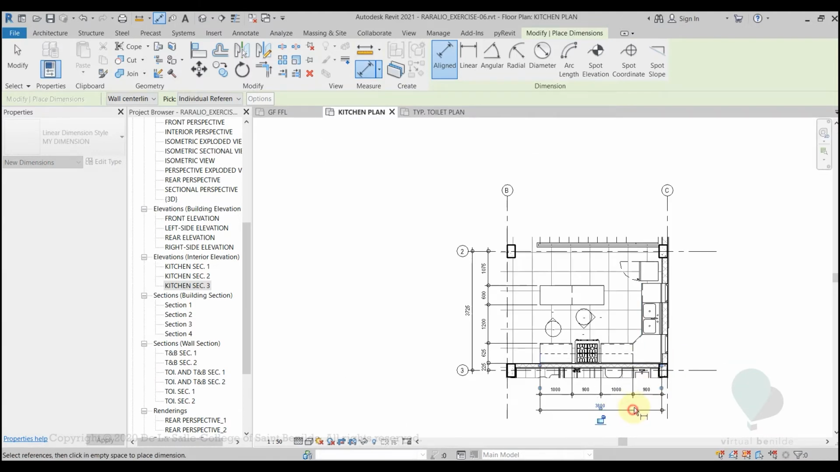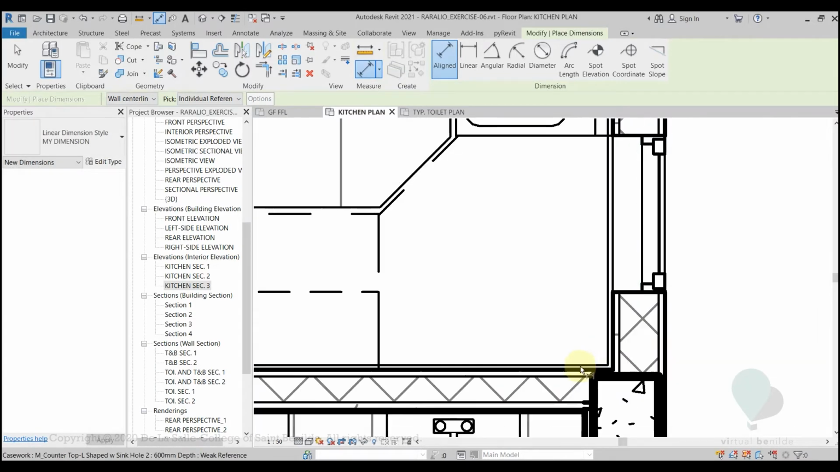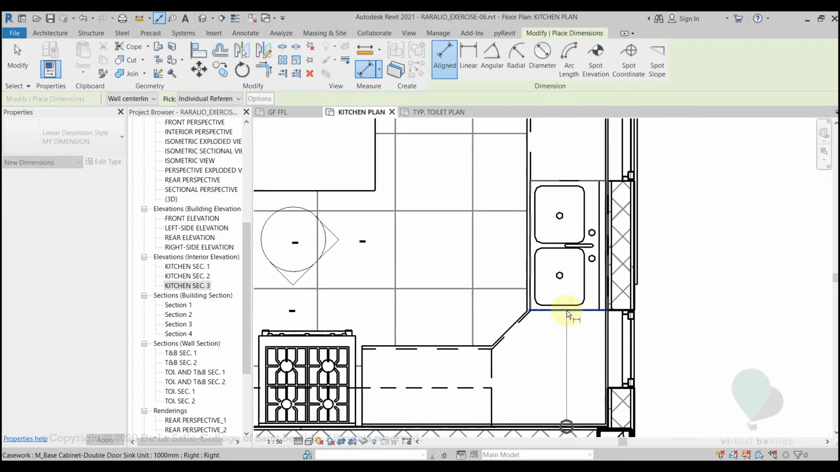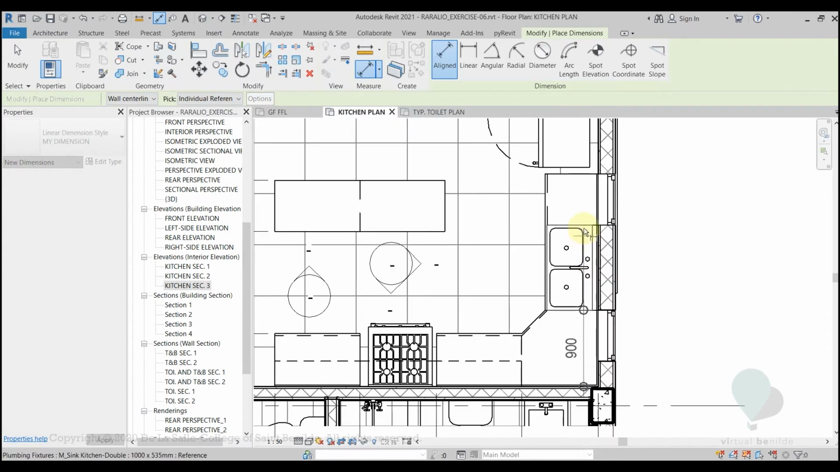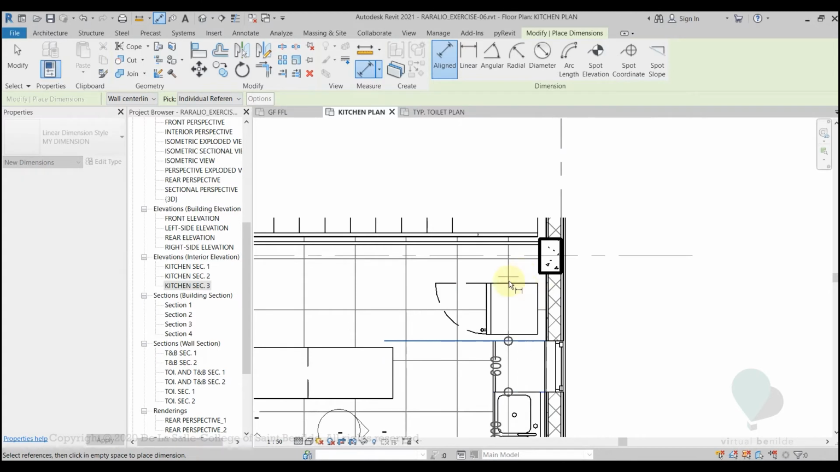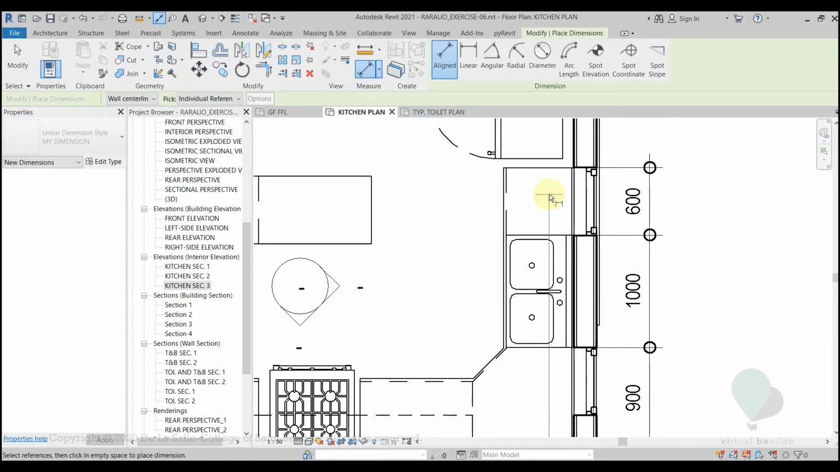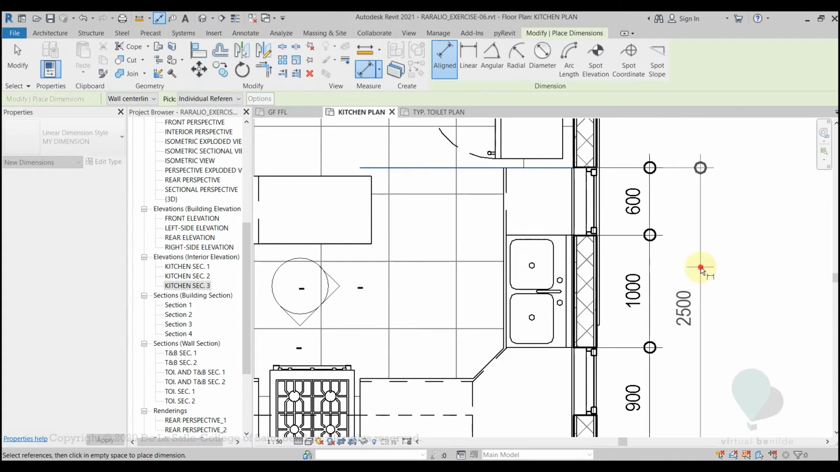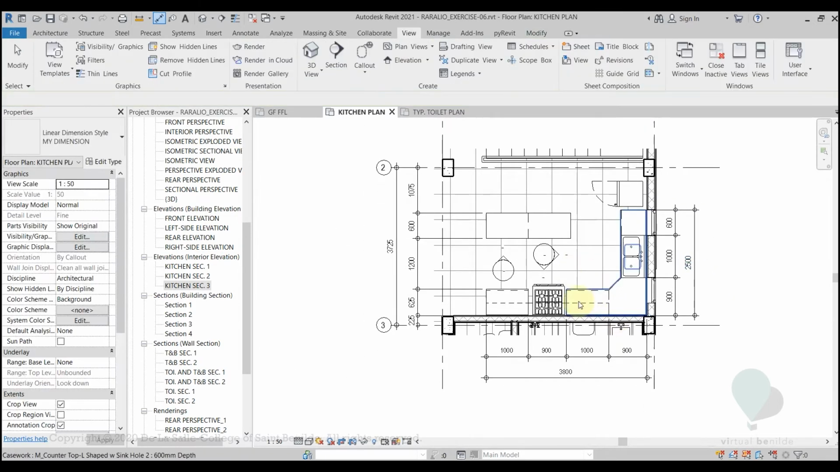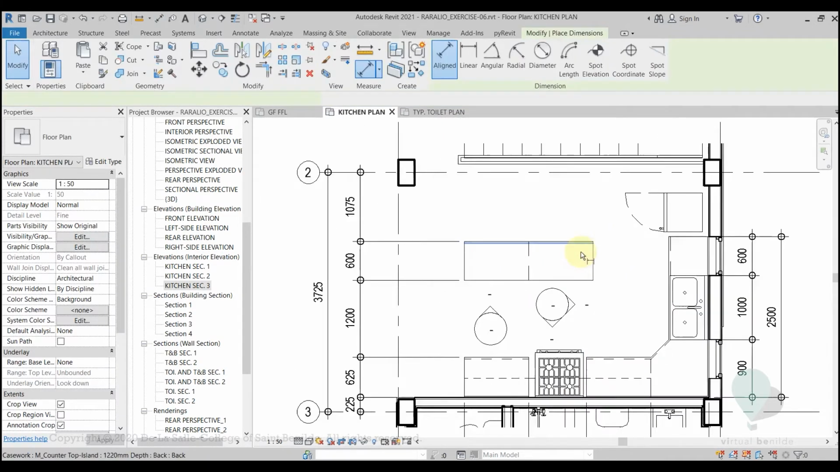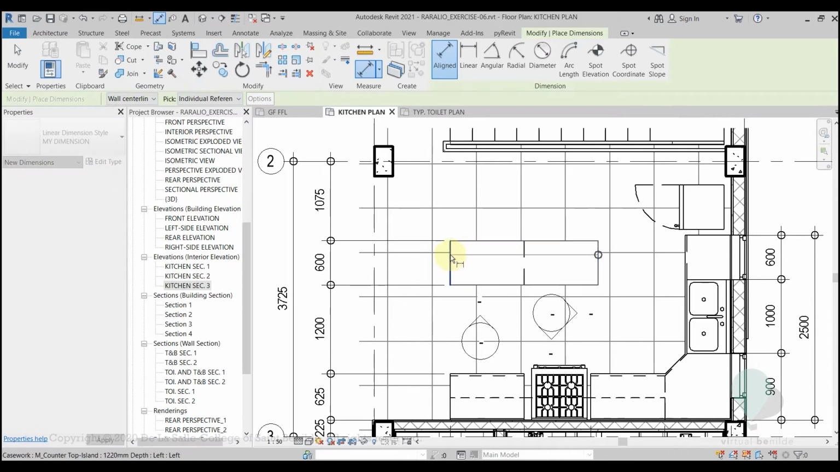size. Okay, this right here, this, and since my refrigerator is movable, I don't need to dimension that anymore. And the whole length of this counter, and the length of this center island,